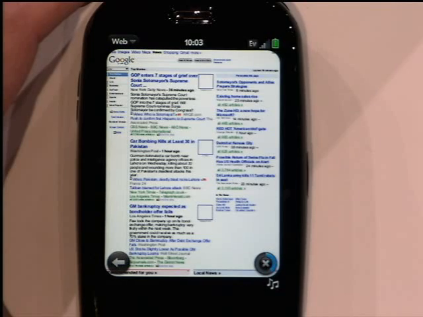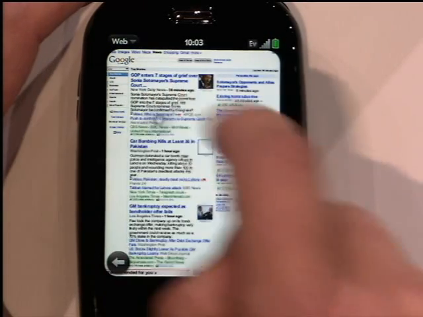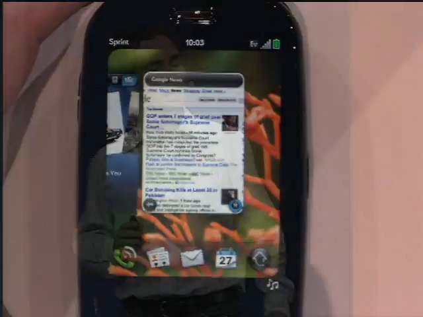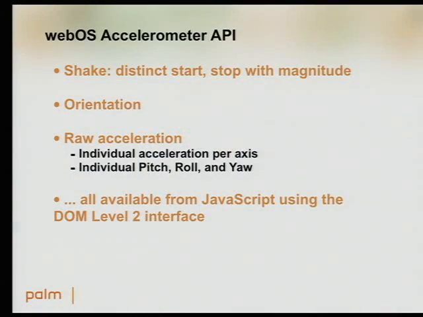Now, within this development environment, there's a set of services that are on the device that we want to offer and expose up from the hardware, in this particular case, into that development environment. And the accelerometer is one of these extensions that we'd like to see in HTML5. What we've done is offered up various events into that JavaScript runtime. So, for example, events around shaking, acceleration, and orientation, and expose those events up through a DOM level 2 interface